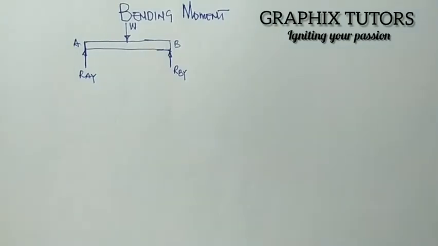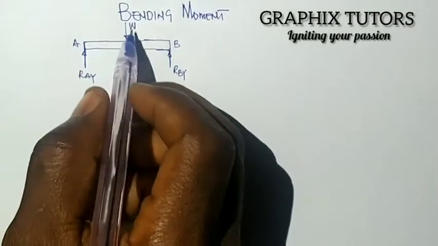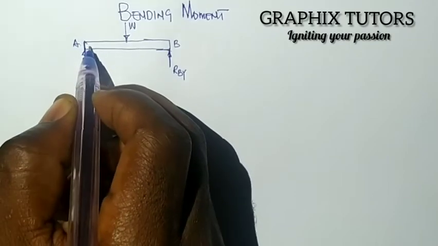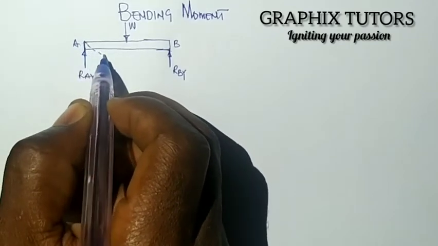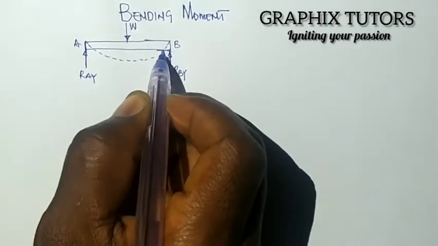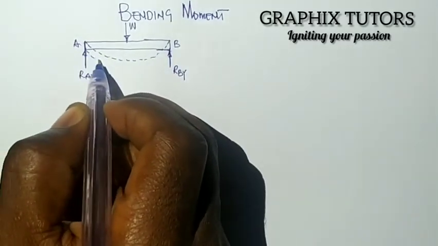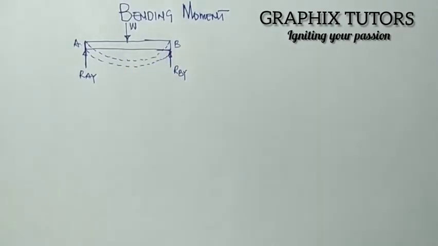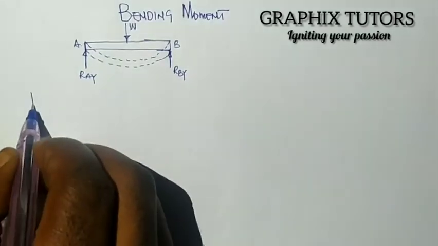Now let's assume the beam has carried so much load that instead of the load breaking the beam, the load tends to bend the beam. Right? So the force that bends the beam is said to be what? The bending force, which is the bending moment. Right? So we say that the bending moment